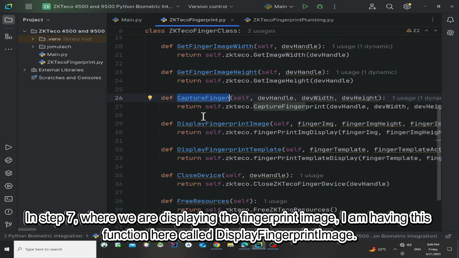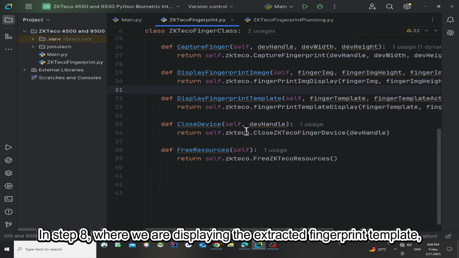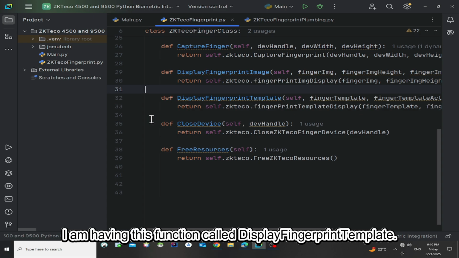In step 7, where we are displaying the fingerprint image, I am having this function here called display fingerprint image. In step 8, where we are displaying the extracted fingerprint template, I am having this function called display fingerprint template.